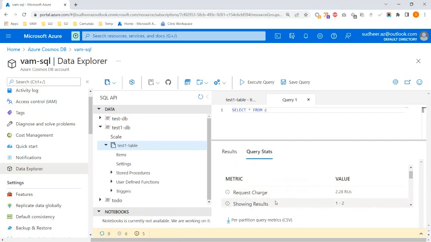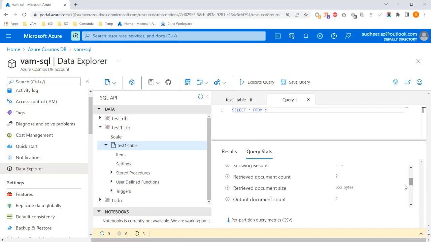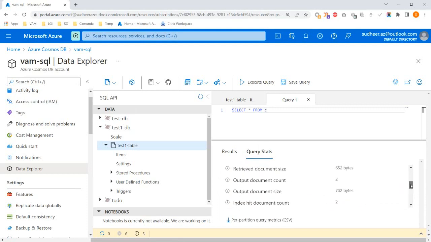So you can see here, it took 2.28 request units and 652 bytes and other information. The main thing: the select query takes 2.28 RUs. We can also write,